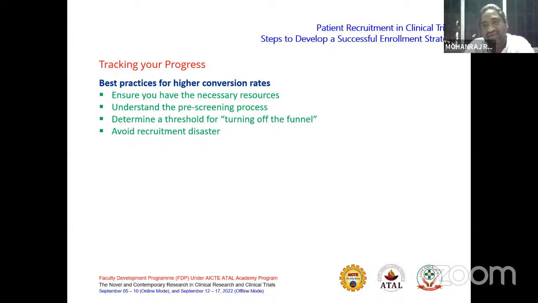The turning of the funnel is nothing but, if we are not able to achieve the level at day 2 as we have planned, it is not that we have to continue the same process. We have to sort out what are all the limitations on the decline of day 1, day 2 responses. This is called turning up the funnel, and this is highly practiced in developed countries as a very important criteria to track the progress.